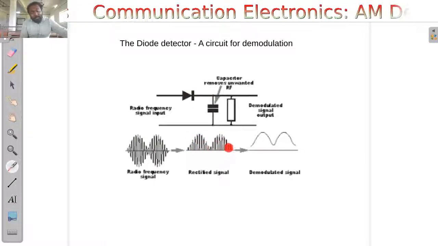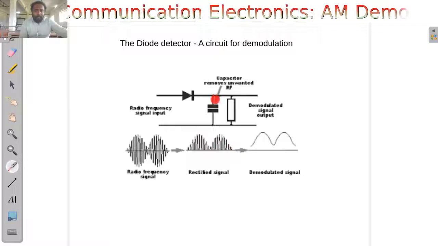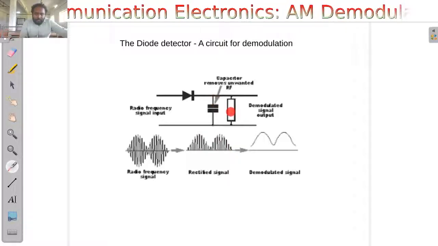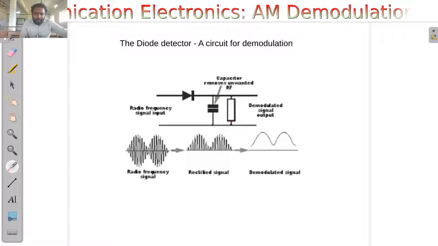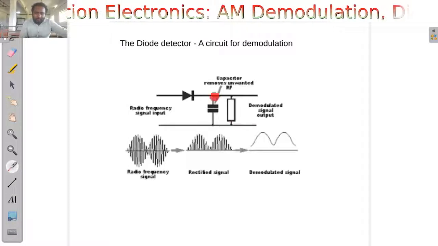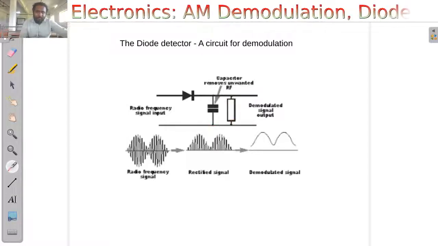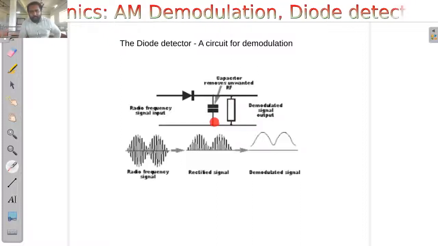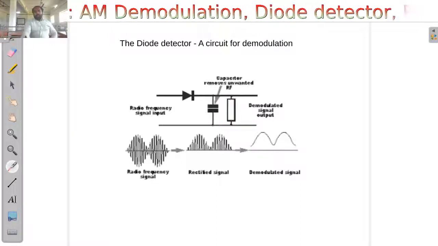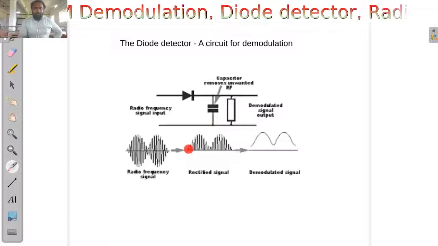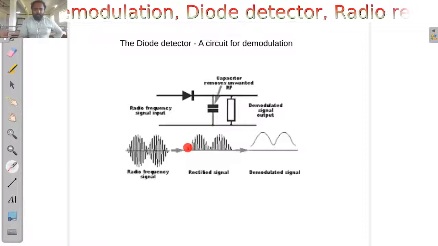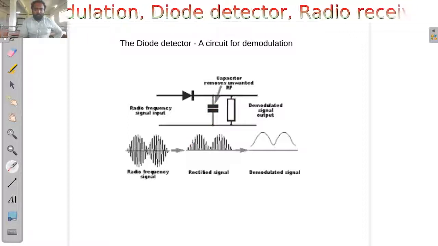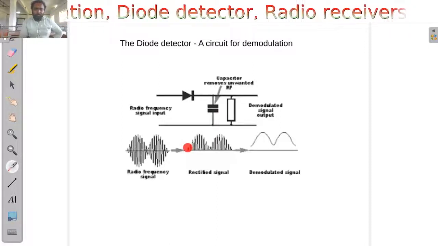It is a rectified high frequency signal coming to the capacitor. So there is a capacitor and a resistor arrangement. This resistor is for discharging the capacitor. Okay, so the charge doesn't stay as it is. So there is a discharge path for the capacitor. And what happens here is that whenever the positive spike comes in, the capacitor will be charged to the voltage of the first peak.